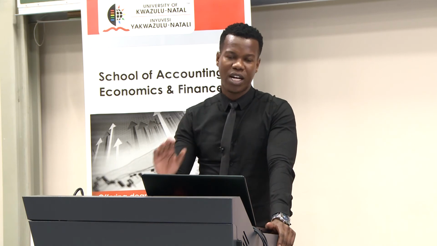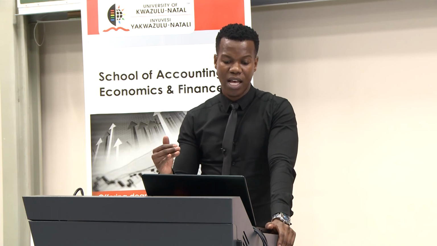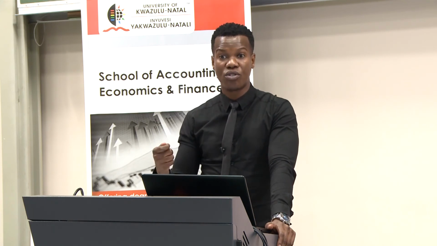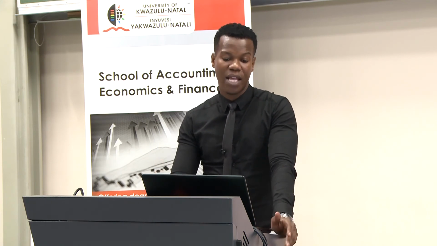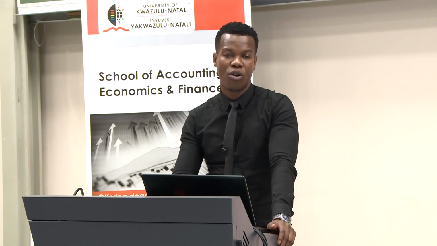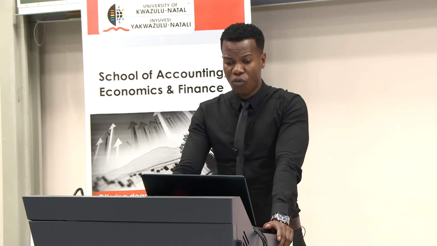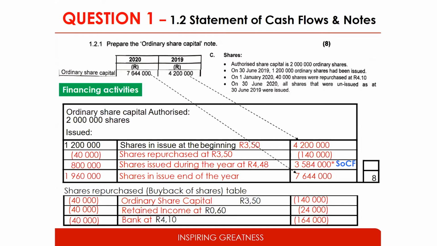It gives you all the calculations that you need: your ordinary share capital, your retained income amount that we used to buy those shares, and obviously the bank amount, which is the total amount that we've taken out to buy those shares. Moreover, when you're dealing with a statement of cash flows, I do recommend that when you're looking at all the effects per account,